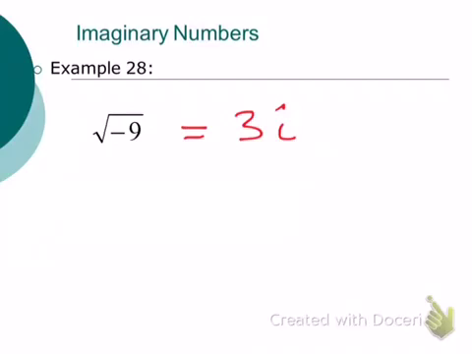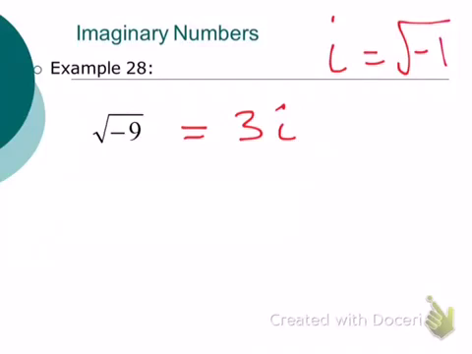All right. i is equal to the square root of negative 1. Okay, so that's where it comes from, the square root of negative 1. I always forget about that happening in this lesson until I'm actually teaching this lesson. i is the square root of negative 1. i is called the imaginary unit. Okay, the imaginary unit. It's 1 in the imaginary side of things. So i is equal to the square root of negative 1.